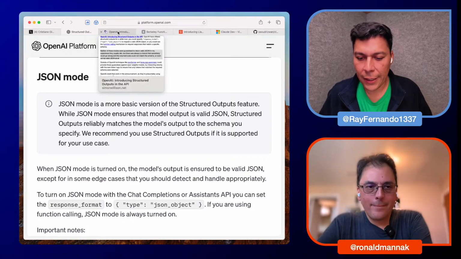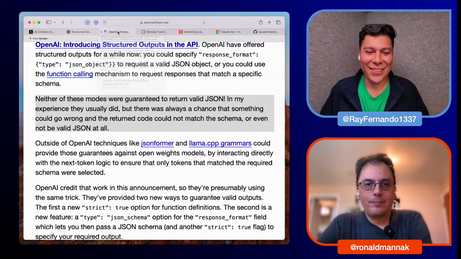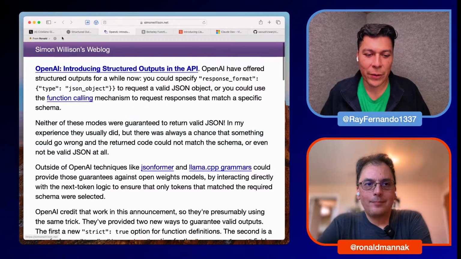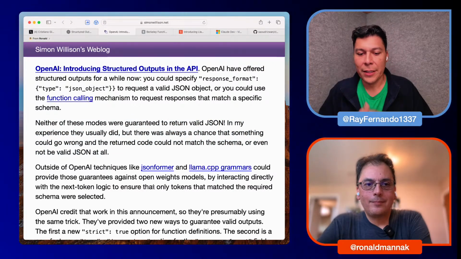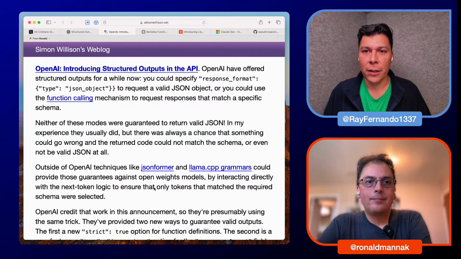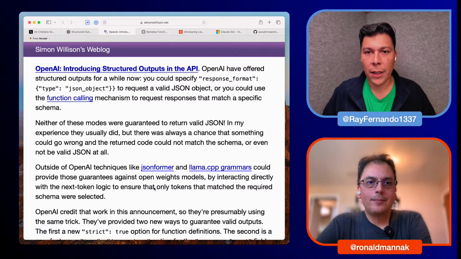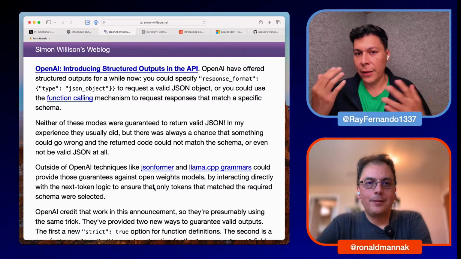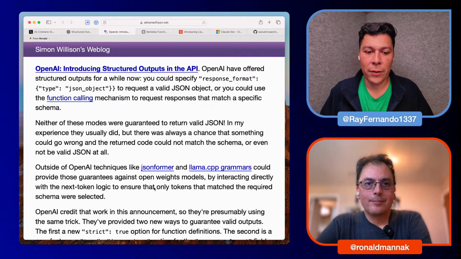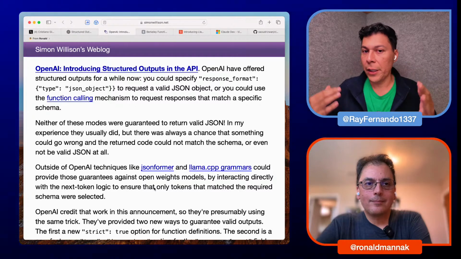And a friend of the show, who we've met, Simon Willison, has written a really nice blog post talking about this and a little bit of the history here, about why this was a problem before and something you should be paying attention to. And so I think the verdict is still yet to be out.